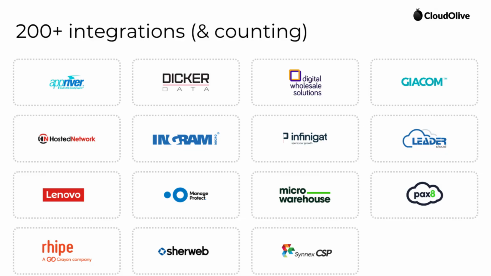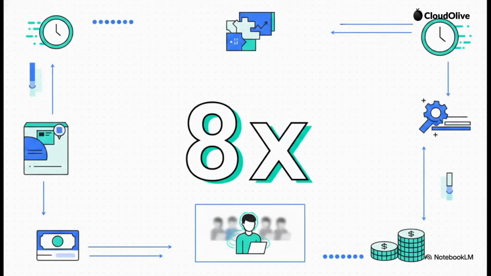But wait, I know what you're thinking. My vendors all bill me in totally different ways, in weird formats, and on completely different days of the month, right? Well, that's actually not an issue here. CloudOlive is 100% independent and agnostic, boasting an incredible 200-plus vendor and distributor integrations. Whether it's a cloud service, a distributor, an RMM tool, VoIP, backup, or some niche cybersecurity product, CloudOlive can ingest any vendor file. And beyond just recovering that lost revenue, there's another massive operational shift you need to know about: